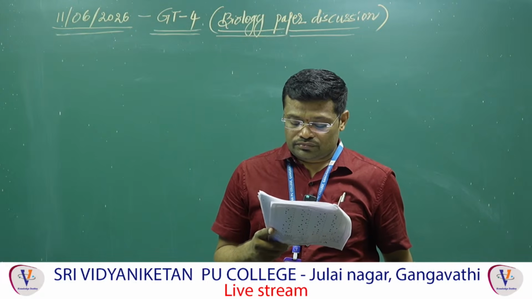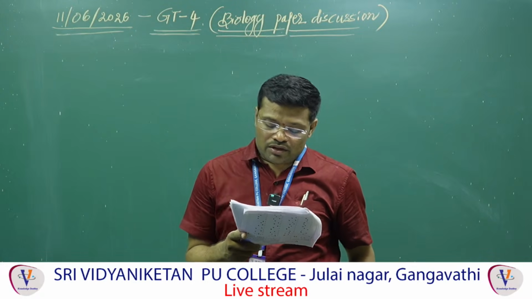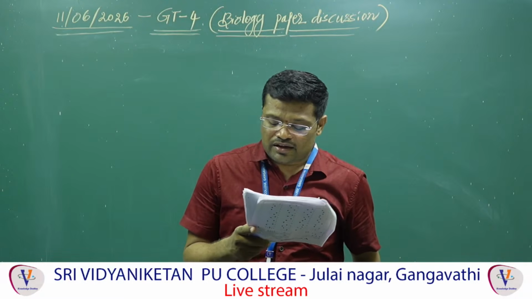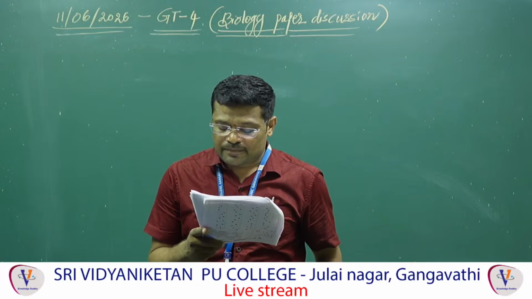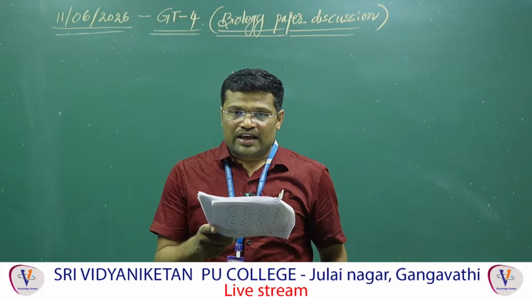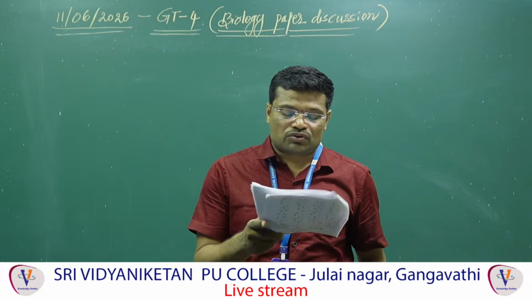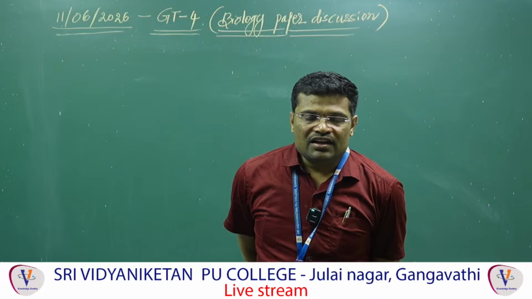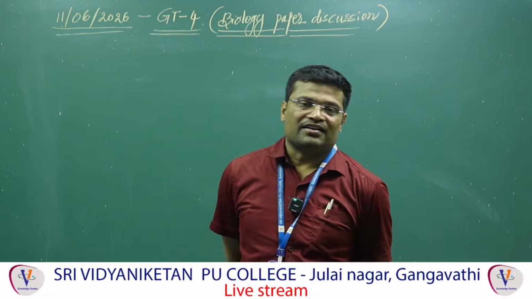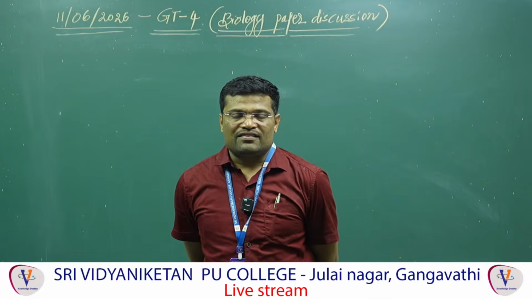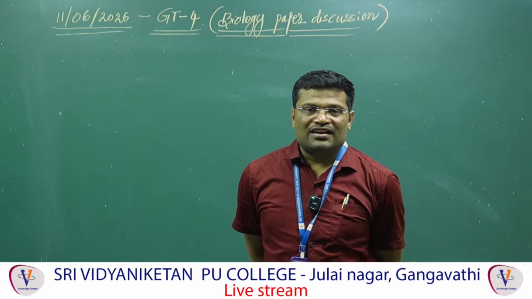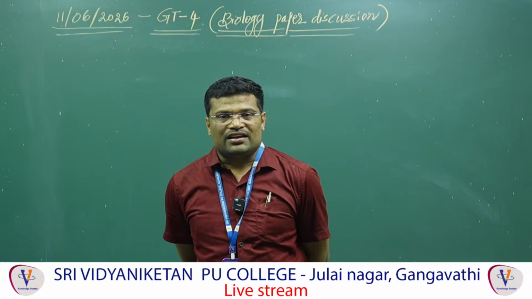Next. Question number 113. Which of the following disorders is characterized by the enlargement of thyroid gland and increased secretion of thyroid hormones? So directly you have to cast your vote to Graves' disorder. Graves' disorder is otherwise known as exophthalmic goiter. Graves' disorder or exophthalmic goiter is caused by